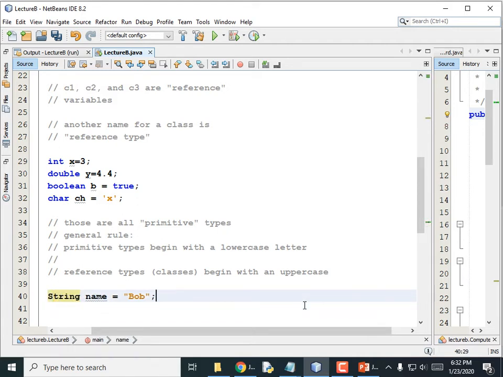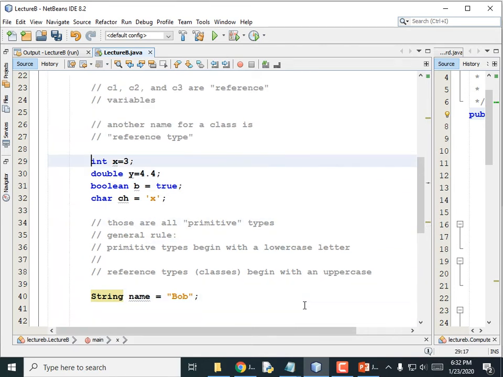In C#, everything is a reference type, even things like ints and doubles and booleans and chars. But in Java, these are all primitive data types, meaning that they just contain a couple of bytes of data. Each one, like an int holds 4 bytes, a double holds 8 bytes. I didn't even throw a long up there, but that's all right. Okay, so string is a reference type,